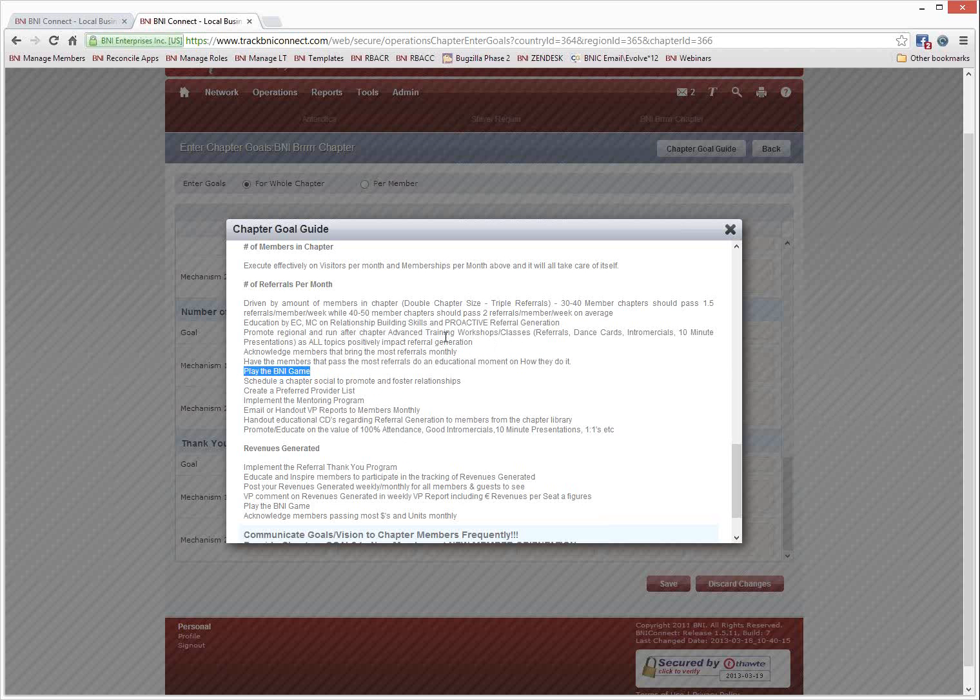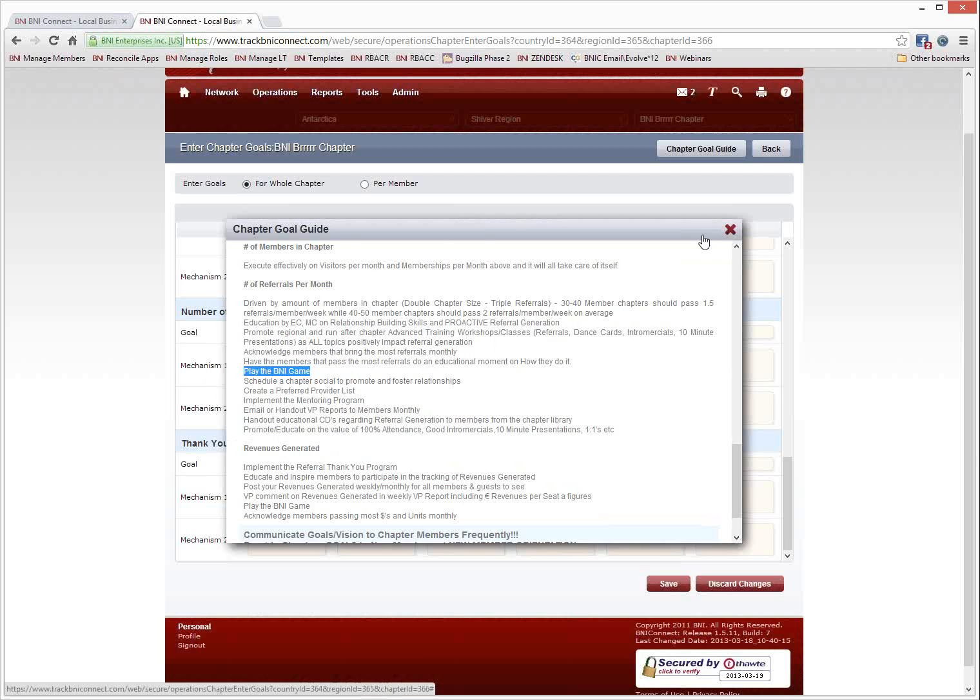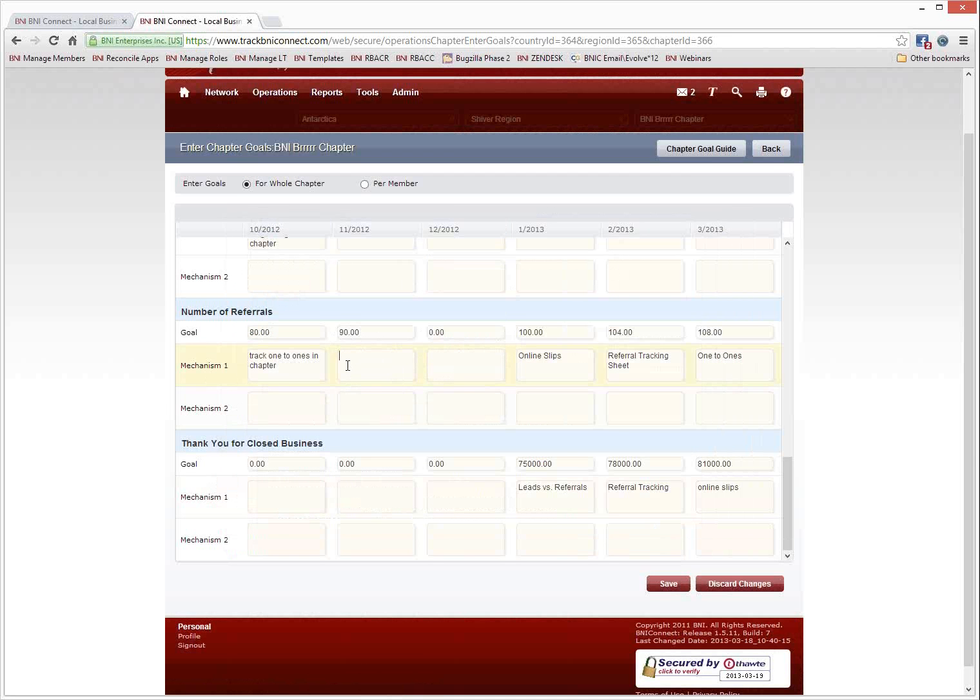Education on relationship building skills, maybe encouraging people to attend an advanced training. So again, we're going to be playing the BNI game in this month, and of course we can come up with other mechanisms. And finally, we have the thank you for closed business generated, and we can come up with our goals for this. So if you're looking to be a $1 million chapter, for example, you might need to make sure you have goals of